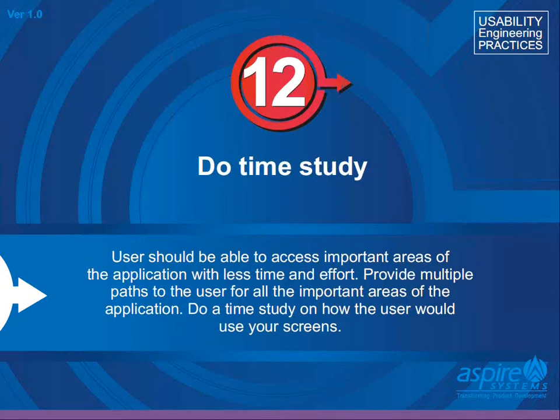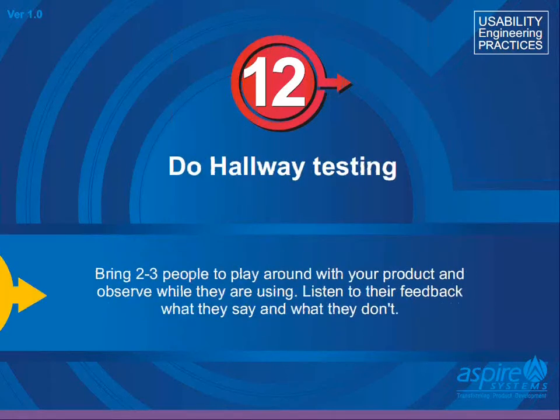Time study is a good tool to measure the effectiveness of the system. This is done by sequencing a series of actions that will typically happen in a real scenario. Example, search for a product, add to cart, check out the cart, and make payment. We can allow the user to perform this sequence of activity and measure the time taken in each step. At the end of it, we will get the overall time required to complete the given sequence. This can further be analyzed to see where performance can be improved.